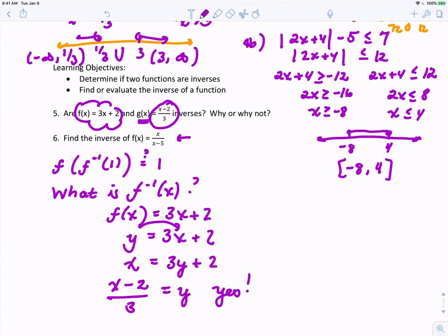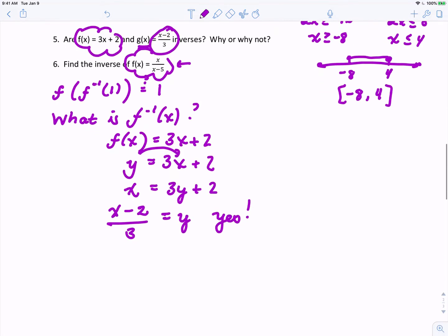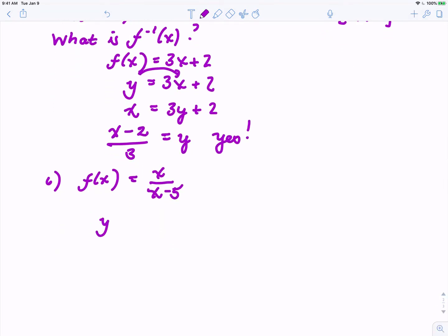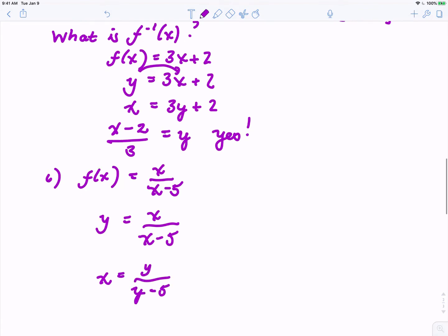We're going to use that same approach for the last problem. So we're going to find the inverse of this function. So we're going to start with f of x is equal to x over (x minus 5). We're going to use y notation instead. And now we're going to make the inverse. So when we make an inverse, y and x are interchanged. So we have x is equal to y over (y minus 5),